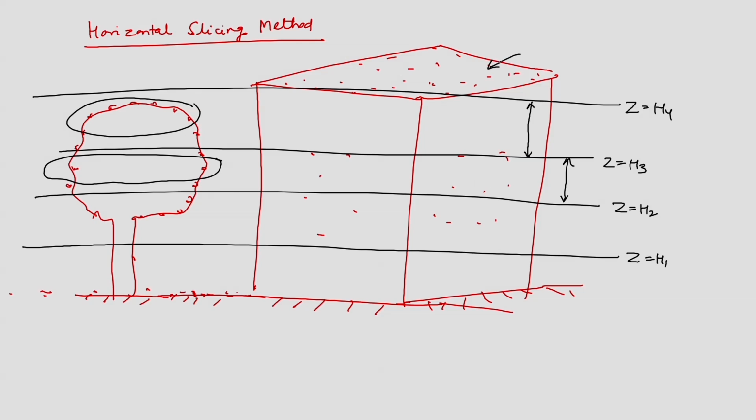I will find out the building shapes for each plane, or the shape of the structure for each plane, for this plane also, this plane also, this plane also, using the same method what we have done. Each plane will have certain shape of the trees as well as buildings. Now, if I consider all 4 bands or 5 bands or n number of bands, and I try to find out the CGs of the points or of the structure, maybe tree and building and so on, in each band I will find out